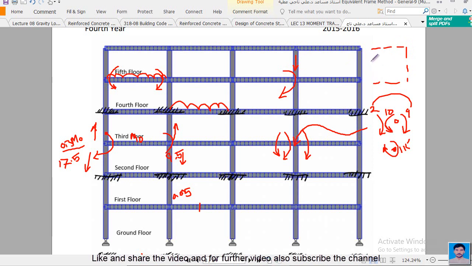So in that case, let's say if this is an H column, we will find the centroid of that shear parameter, and at that point we assume that the shear caused by this unbalanced moment is acting over that centroid. So how to calculate the centroidal axis, how to calculate that unbalanced shear, or eccentric shear, and how that eccentric shear causes further moment about the centroid of the column. So you will learn this